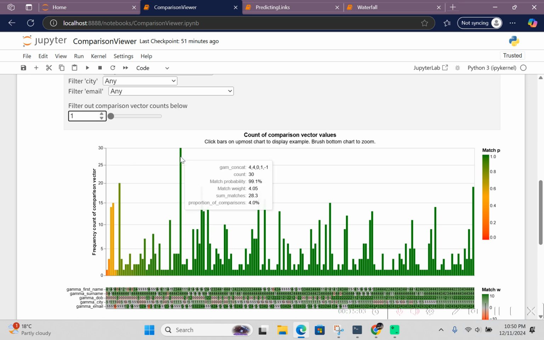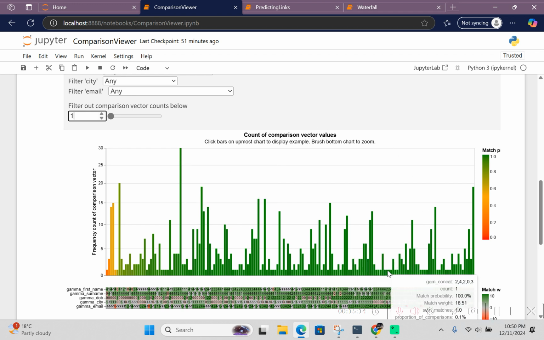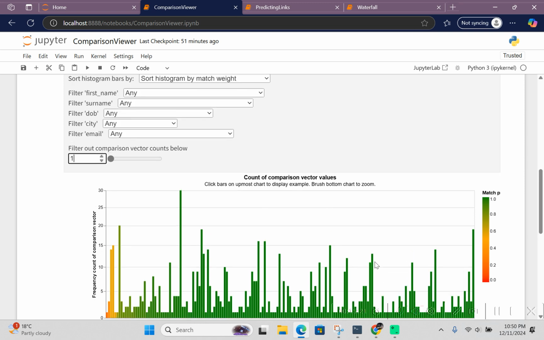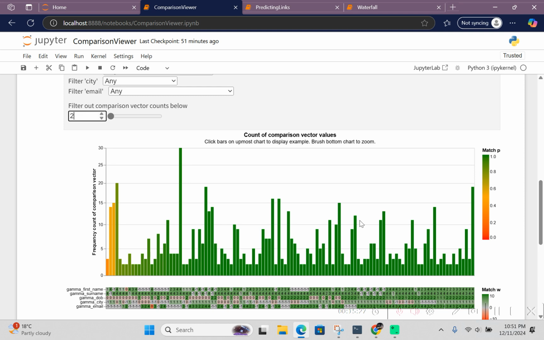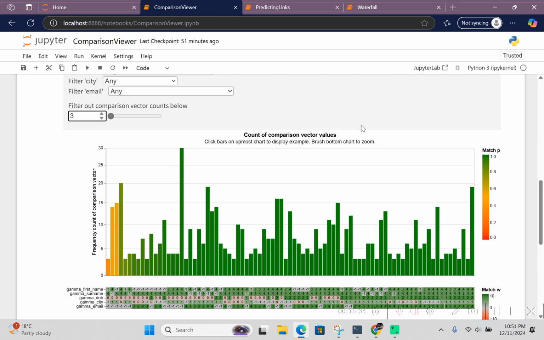For example, there were lots of comparisons made with this particular combination of comparison levels, whereas lots of these only occur one time. So if we just filter out the ones that occur one time, or maybe even filter out the ones that occur just twice, and now we have